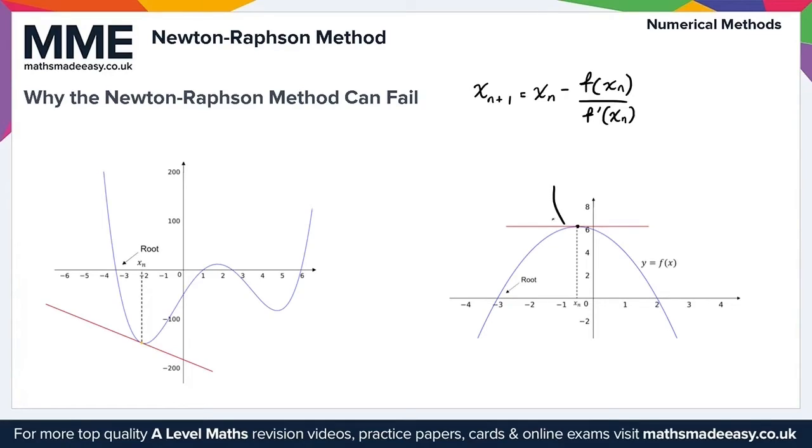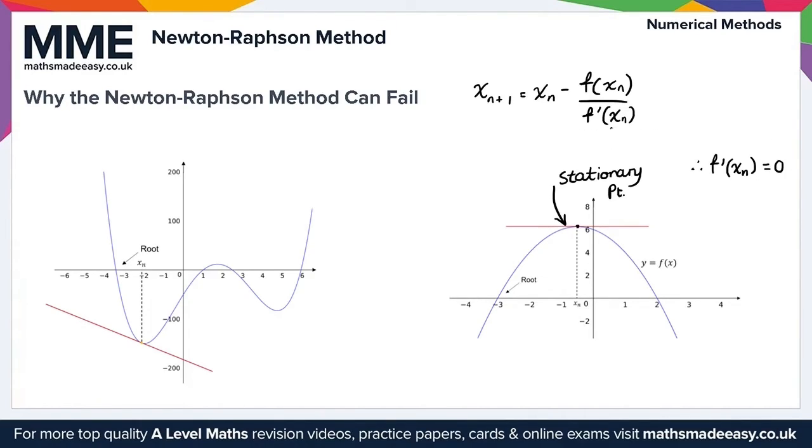So what we actually have here is a stationary point. What that means is that the gradient f prime of x_n is equal to 0. So f prime of x_n equals 0. Again, take a look at the formula, and hopefully it's jumping out at why this is such an issue. Because in this case, if f prime of x_n is equal to 0,